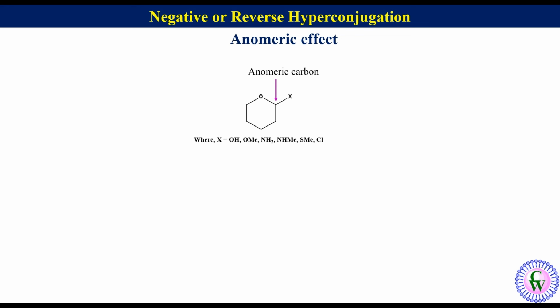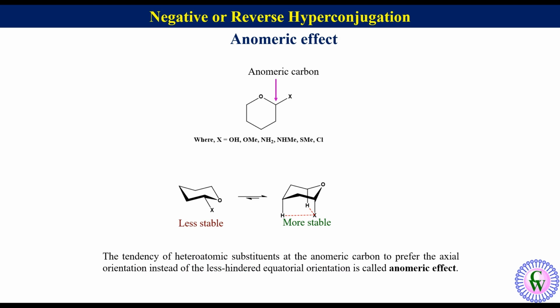Thus, in this case, the chair conformation with axial substituent is more stable than the chair conformation with equatorial, despite the presence of 1,3-diaxial interaction in the chair conformation with axial substituent. The tendency of heteroatomic substituents at the anomeric carbon to prefer the axial orientation instead of the less hindered equatorial orientation